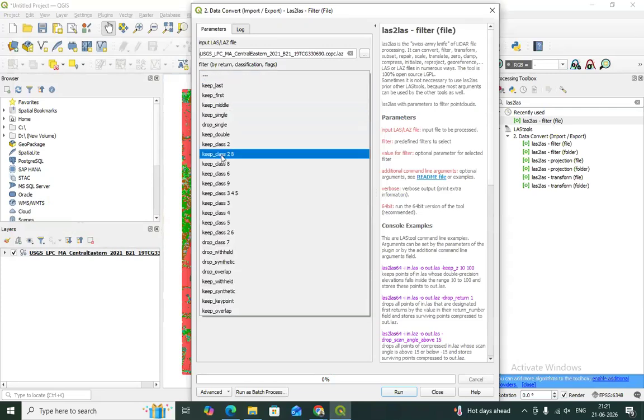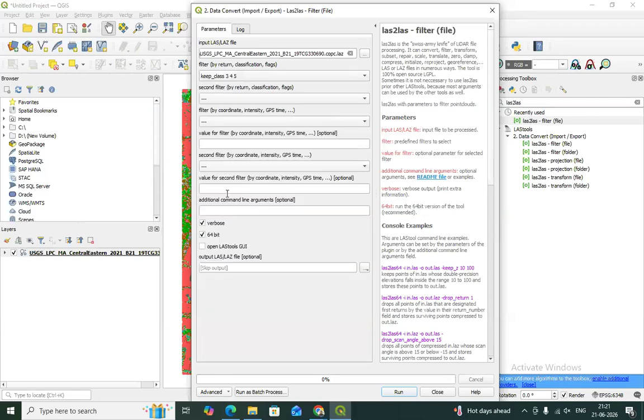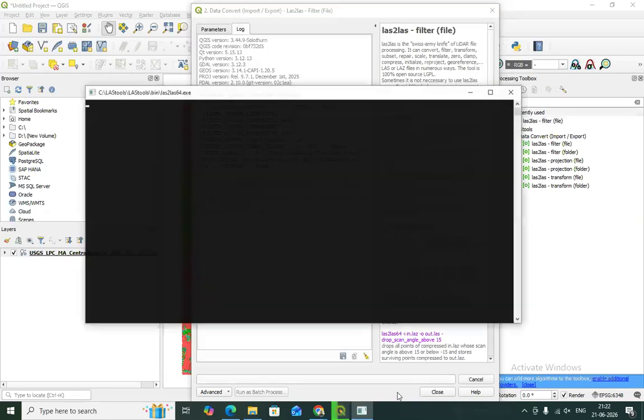And for vegetation, we know that the codes are 3, 4, and 5. You can also select individually. If you just want the low vegetation, you select 3. If you want the medium vegetation, you select 4. But if you want all the vegetation to be present, you select 3, 4, and 5. You have selected keep class 3, 4, and 5, and you just run.